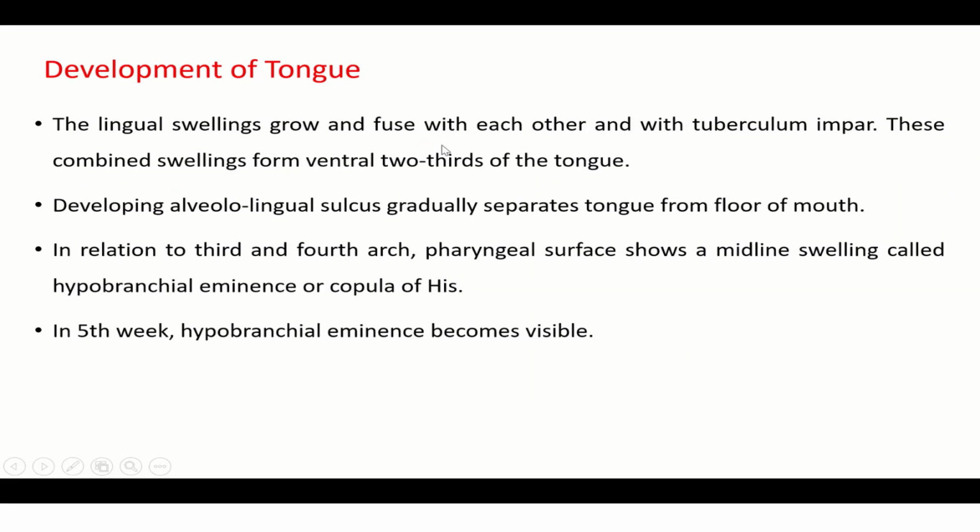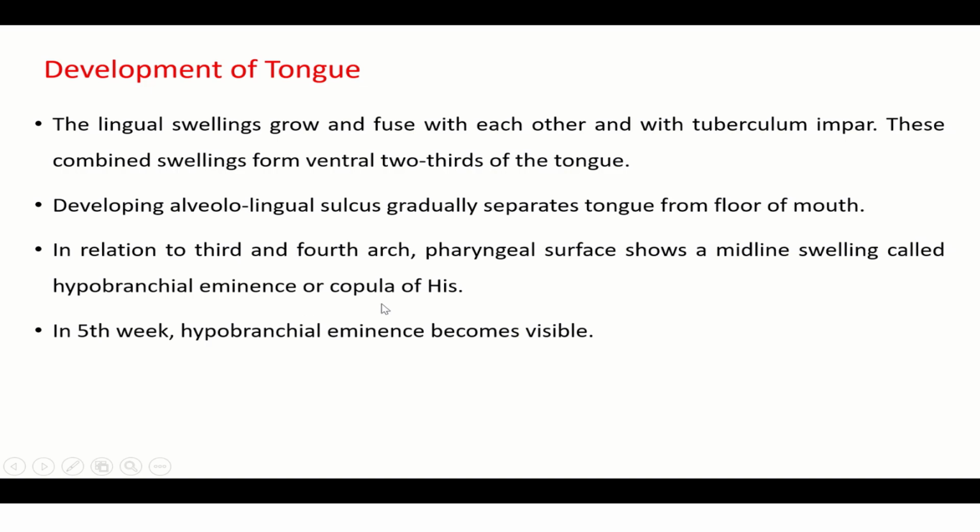The lingual swellings grow and fuse with each other and with tuberculum impar. These combined swellings form the ventral two-thirds of the tongue. The developing alveolo-lingual sulcus gradually separates the tongue from the floor of the mouth. Alveolo-lingual, that means between the alveolar process and the tongue, there develops a sulcus to separate the tongue from the floor of the mouth. So in relation to the third and fourth arch, the pharyngeal surface shows a midline swelling called hypobranchial